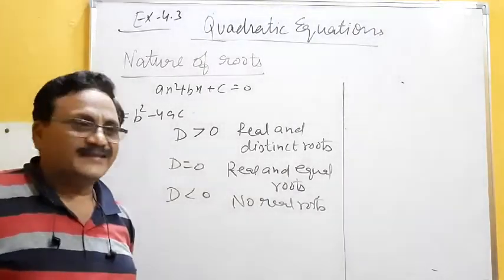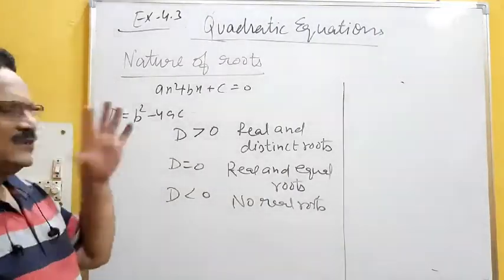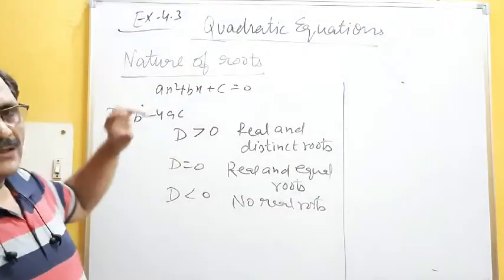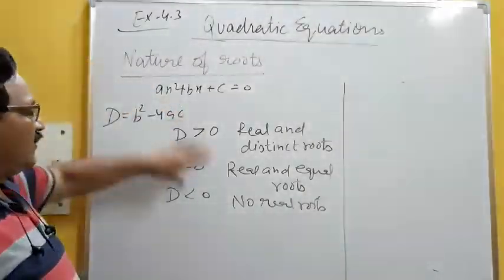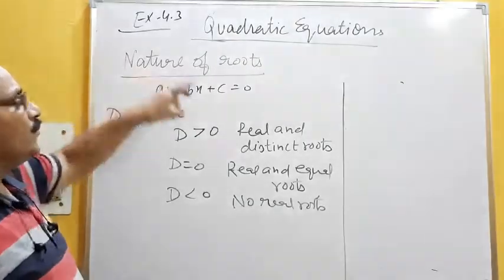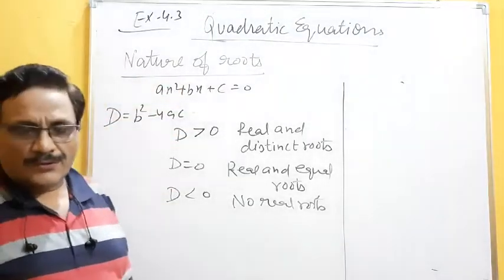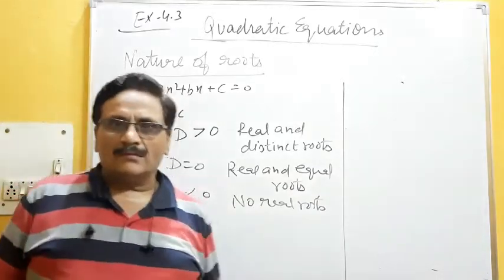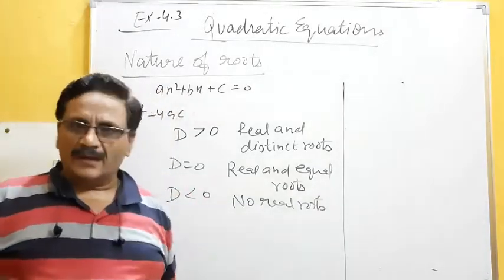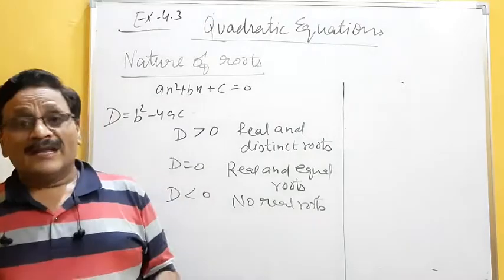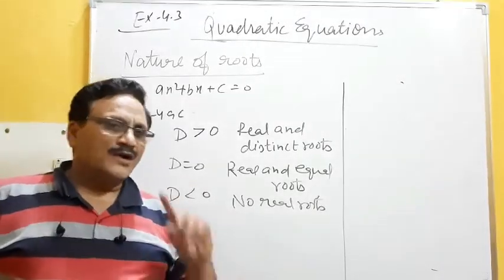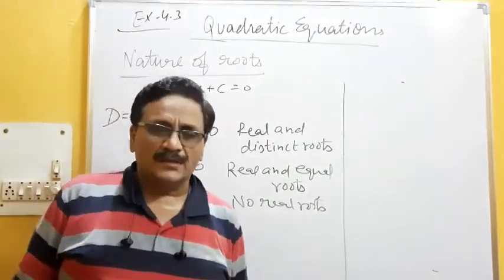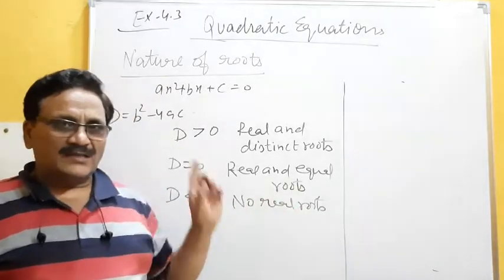After calculating the existence of roots, it's not a new or special thing. What is the meaning of this? After that you can easily understand the nature of roots. An equation is given to you, and the only question is what type of roots you will get. Either they will be real or not real. In case of real, what type of roots will there be, same or distinct?